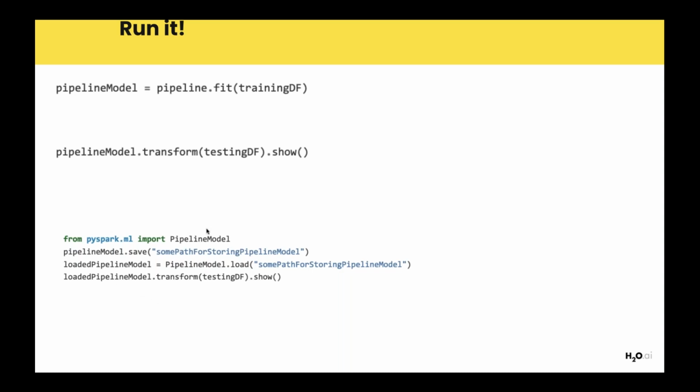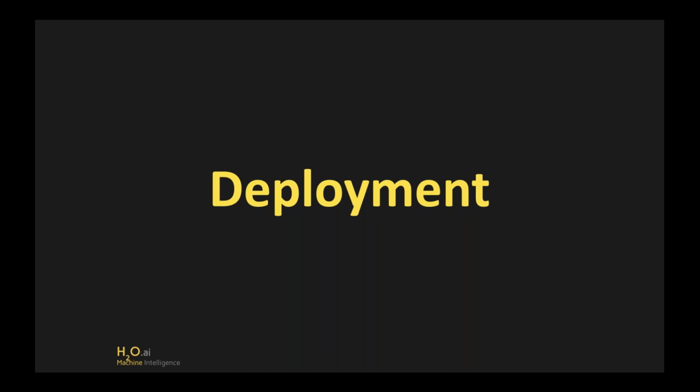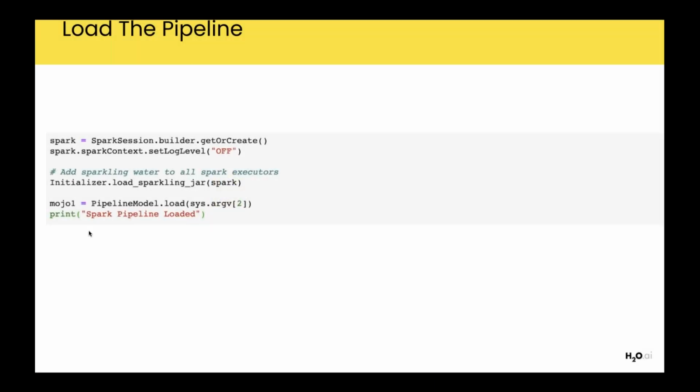And then the users have just pretty simple and straightforward APIs which they can use and leverage to build the pipeline as well as the model. Finally comes the deployment part. So if we want to load the pipeline in a Spark environment, we just need to create the Spark context,